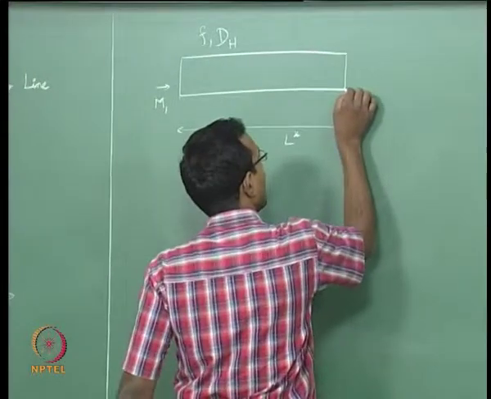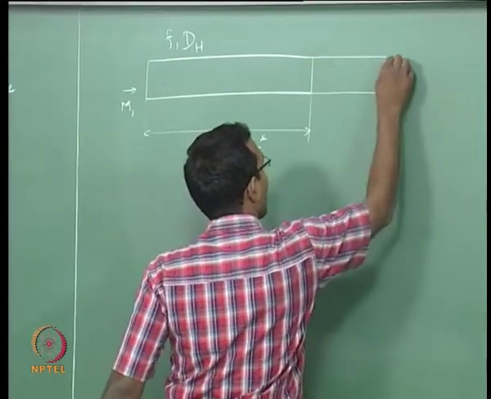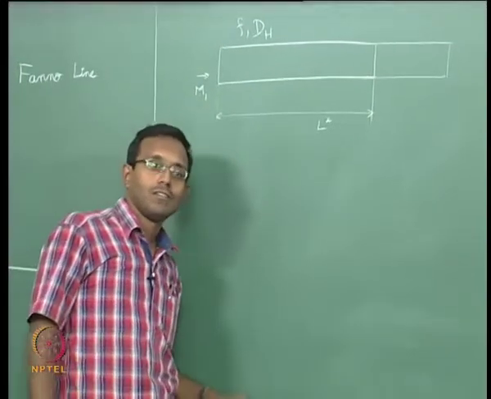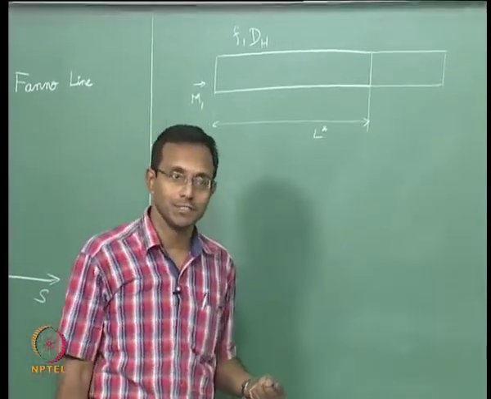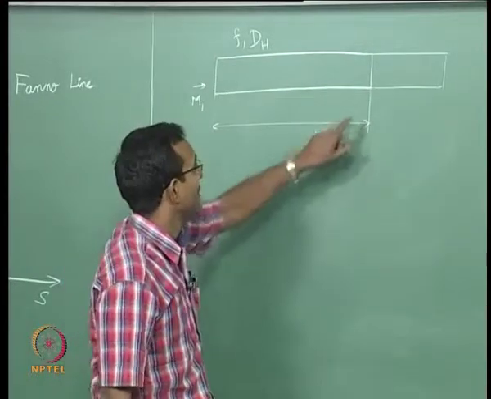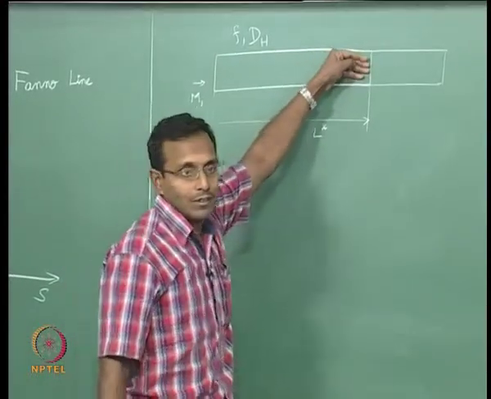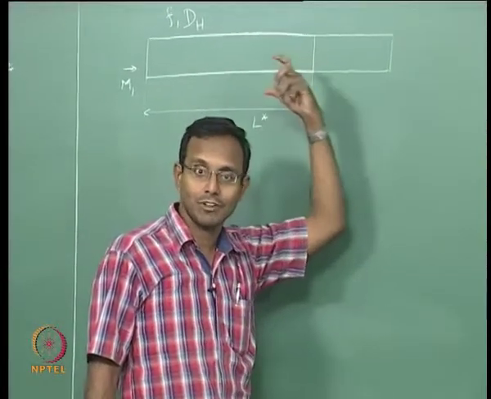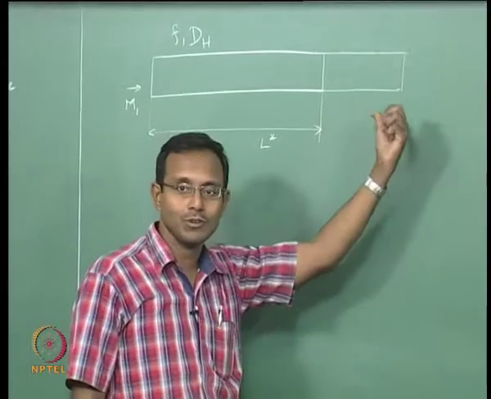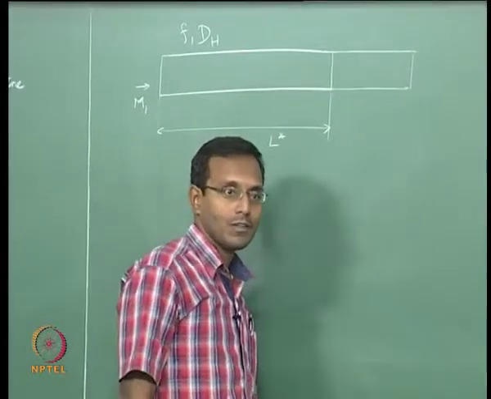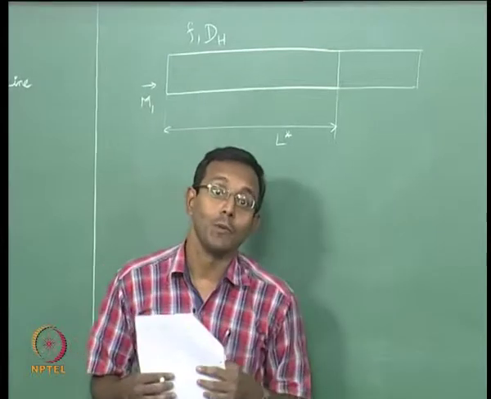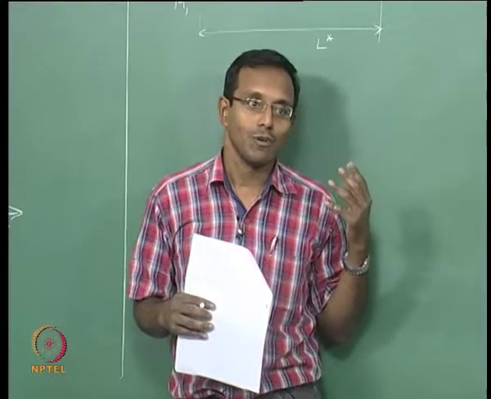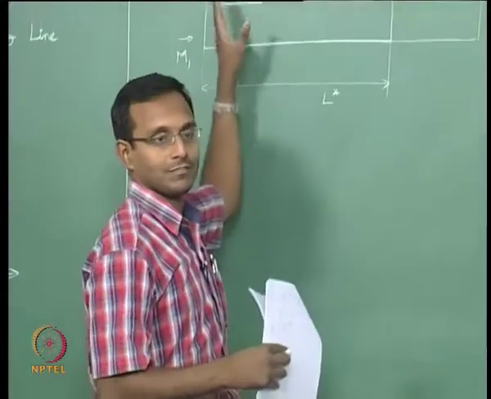If I extend this duct by some more and try to keep the same M1 in here, what should happen? That is the basic question. What will happen? I am having a Mach 1 flow here, trying to go through a duct which is going to resist the flow by friction on the walls, like there will be a shear stress which is going to oppose the flow. What does that mean? It is going to oppose the flow, means I am trying to retard the flow, I am going to slow down the flow. What should it do? It has to send a compression wave inside.